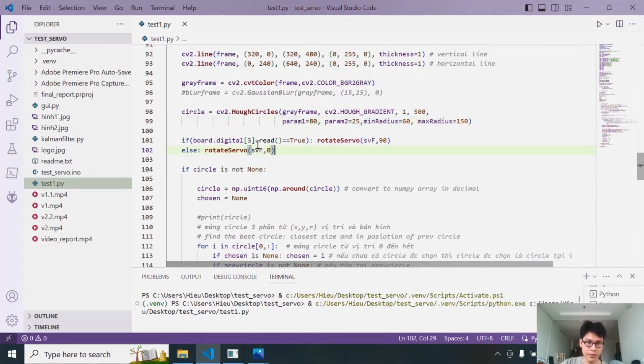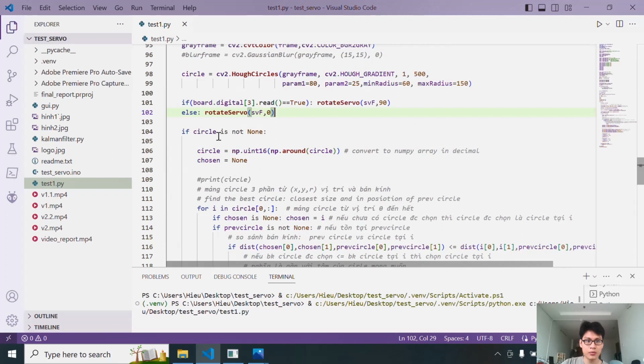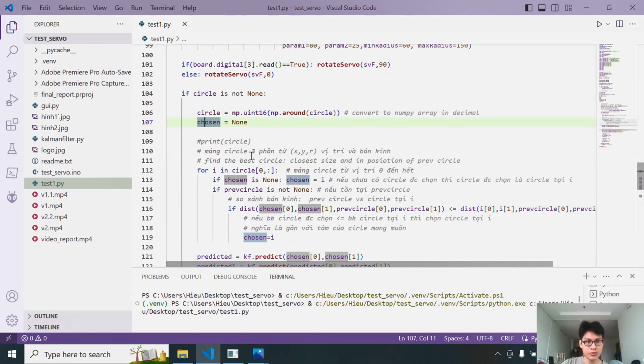After that, we will check the digital pin of the Arduino. If it's at high level, then we will rotate the servo 90 degrees, otherwise we will rotate the servo 0 degrees, and we will check the circle. If there is a circle, then we will convert the circle into a number array in decimal, and in order to choose the best circle, we create a chosen variable,